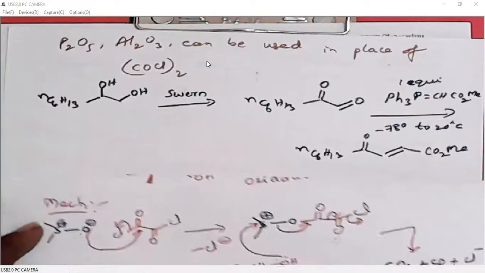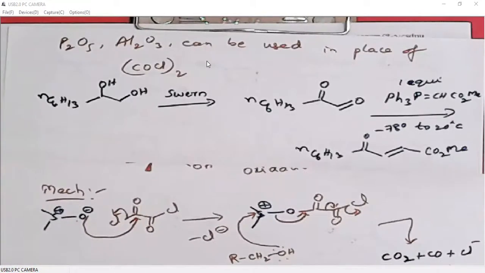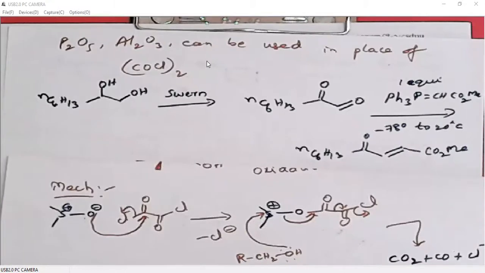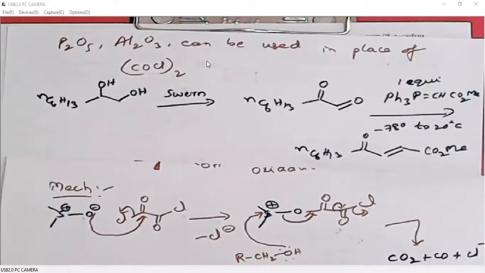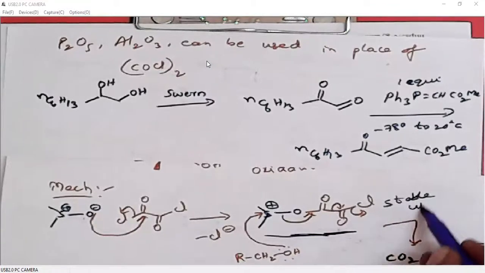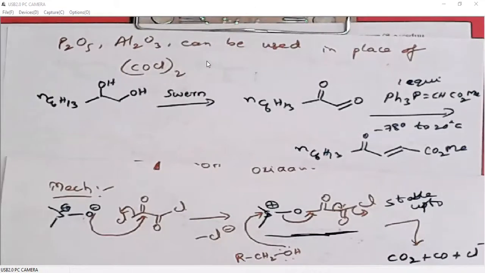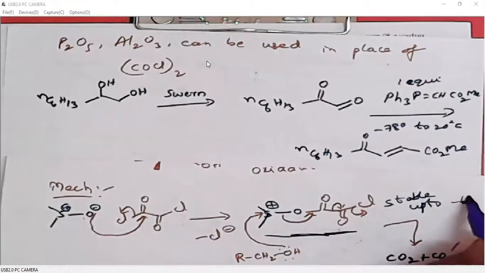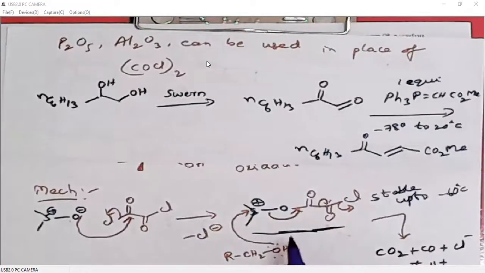Right. I'd like to tell you one more point. We used to do Swern oxidations below minus 60 degrees. Why should we do Swern oxidations below minus 60 degrees, whereas Moffatt oxidation can work at room temperature? The reason is that the activated sulfur species is stable up to minus 60 degrees centigrade. The activation reaction of oxalyl chloride with DMSO will give you this product, and this is stable up to minus 60 degrees.